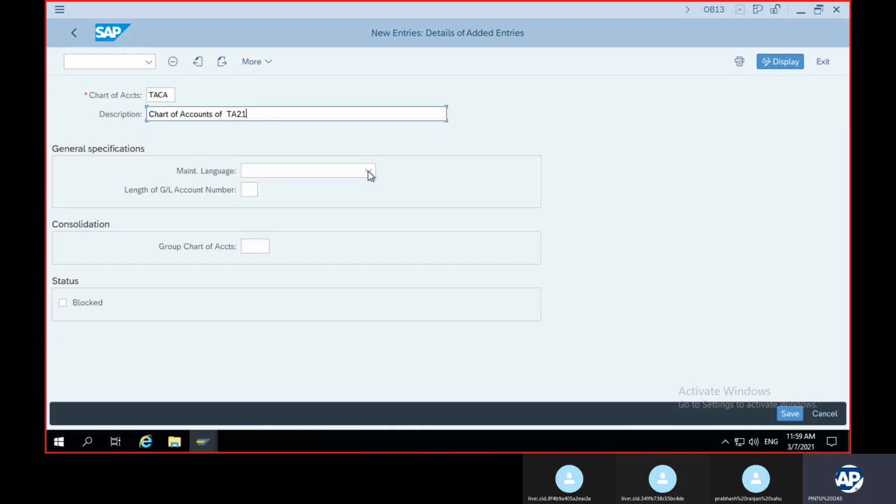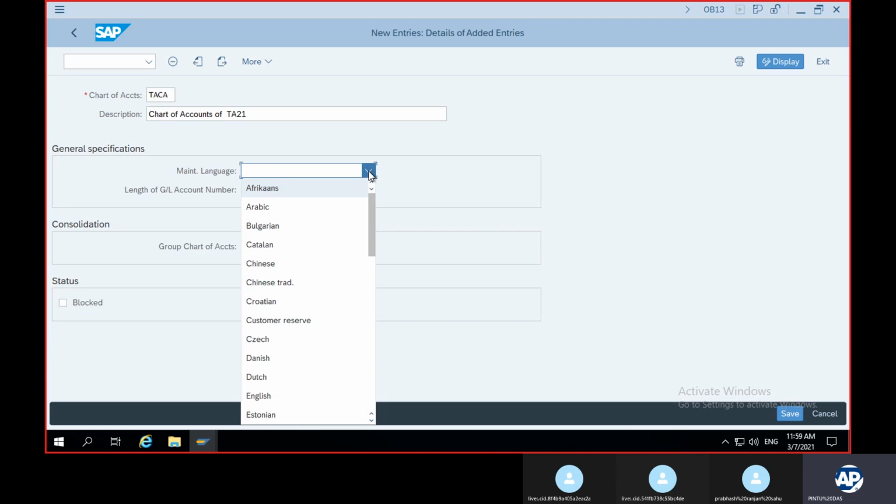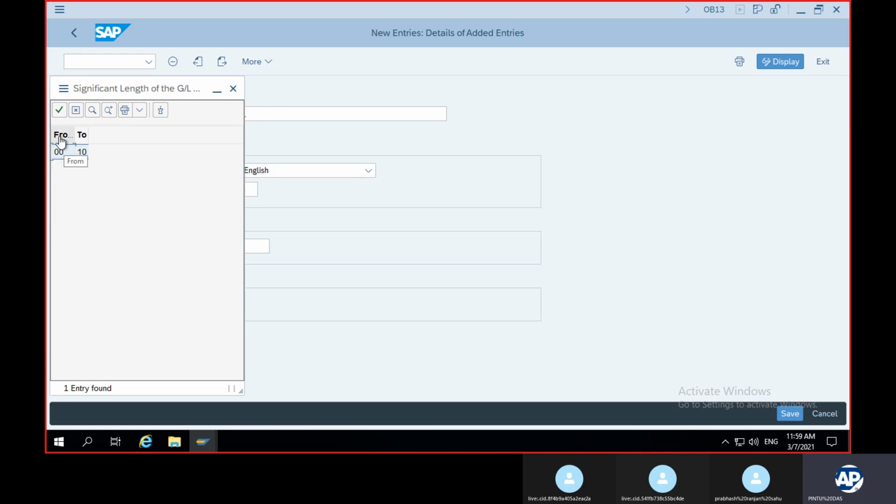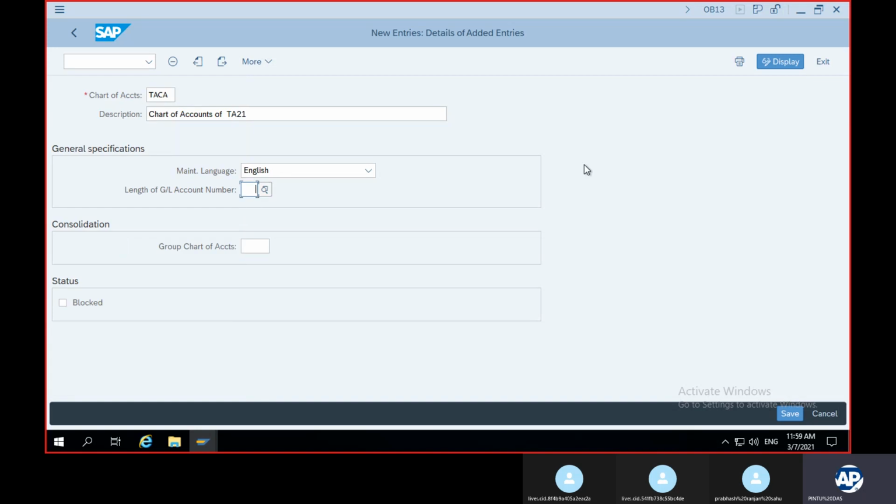Maintain language, English. Length of the GL account: if you click here, from 0 to 10 is the maximum length you can give. So here I'm giving 10, right? This is the group chart of accounts. If your company is under a group, we have to give the group chart of accounts.